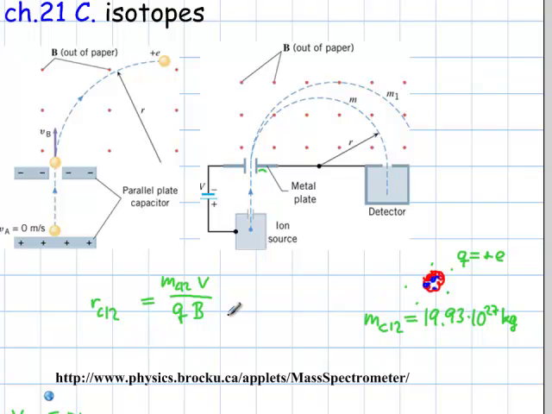And keep in mind that they give us these velocities here, both of them being the same, while actually with a given voltage they should be slightly different, but we accepted that they want to give us a slightly easier algebra here than it already is. Divide by the charge of the particle, which is a positive 1.602 times 10 to the negative 19. Divide also by the magnetic field as given in the problem as 0.8500 Tesla. Notice that you get 4 significant figures. So here you're going to come up with a radius